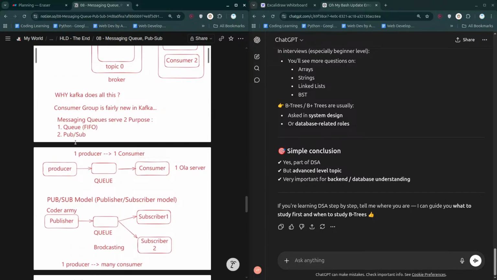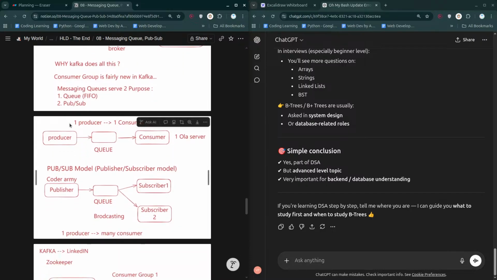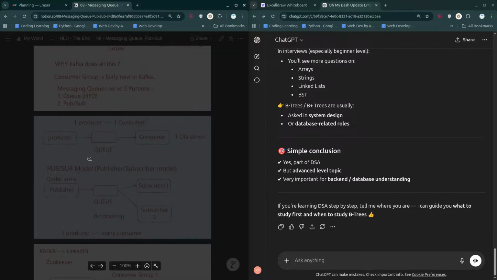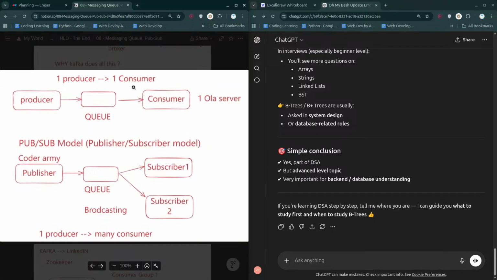And there's another thing that is called publisher and subscriber model. Here what you do is you just simply publish, and there are workers that are just simply getting it done. So let's see exactly how it works. When it comes to this, there's one producer and one consumer; the producer just simply sends the request to the queue, and a consumer consumes it.